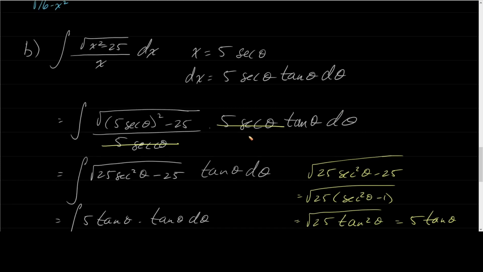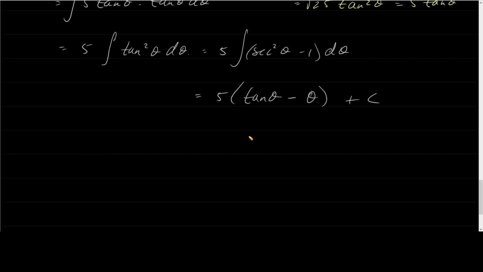We had x is equal to 5 secant theta. So what we're going to do here is look at the triangle that implies. x is equal to 5 secant theta. Notice here that this tells us that x over 5 is equal to secant theta. So what we can say now is that